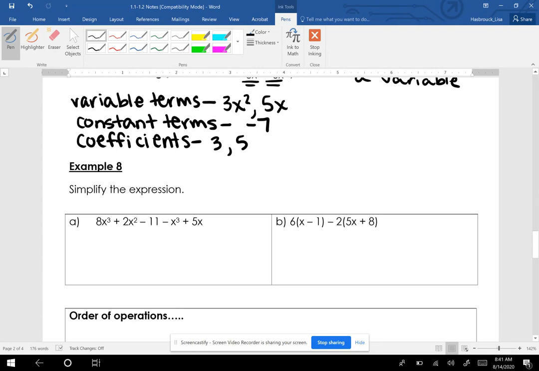Okay, example 8, we're going to simplify these expressions. So simplifying means we're going to combine like terms. I'm going to start with the largest exponent. So here I have cubed, 8x cubed minus x cubed. So 8 minus 1 is 7, so we have 7x cubed. Then I'm going to do the squareds. There's only one of those, plus 2x squared. Then we have the plus 5x